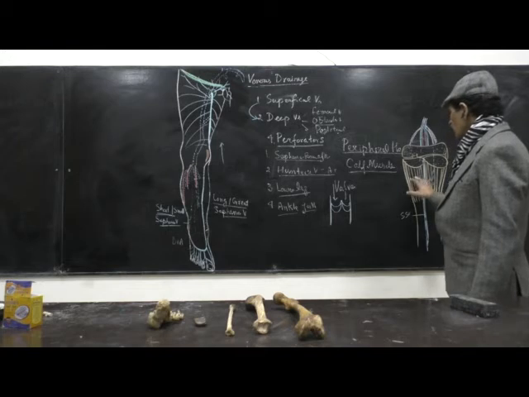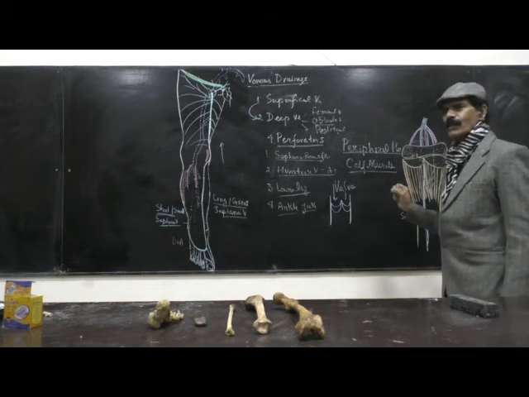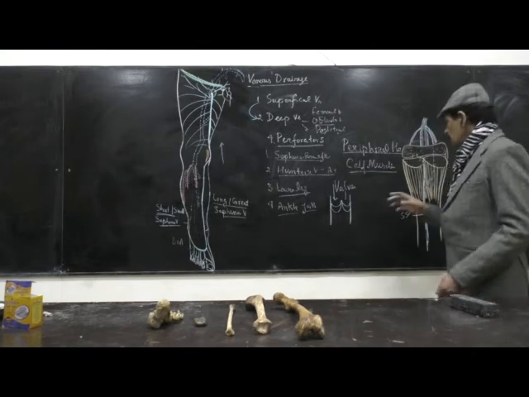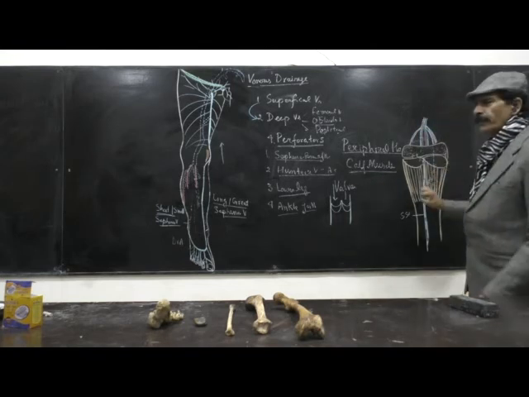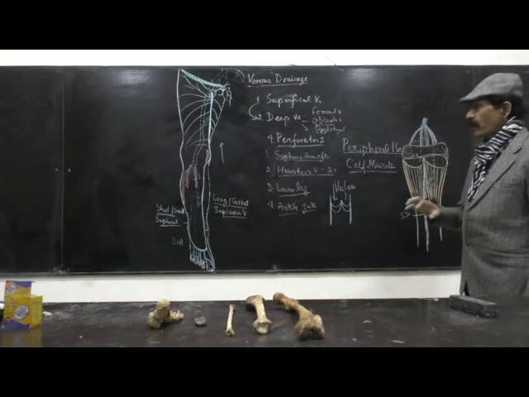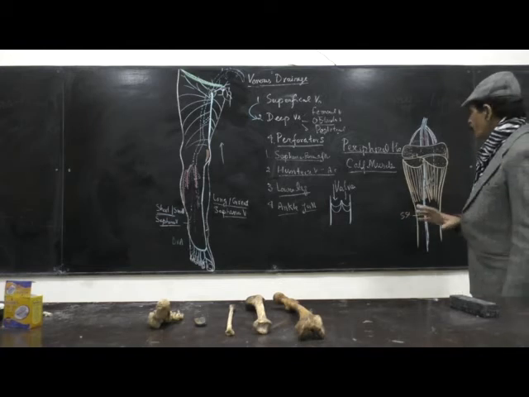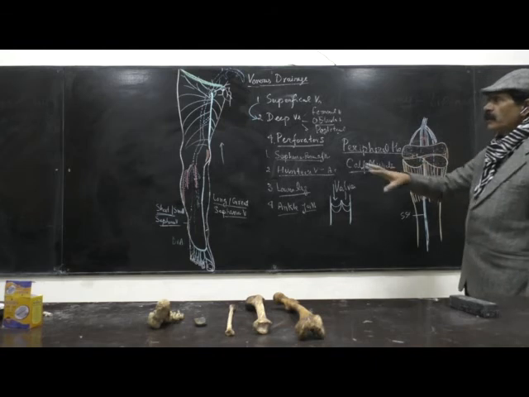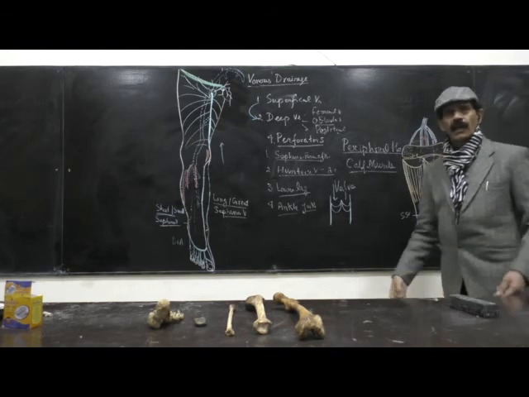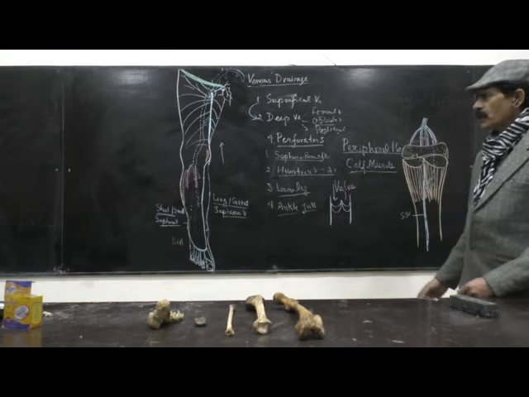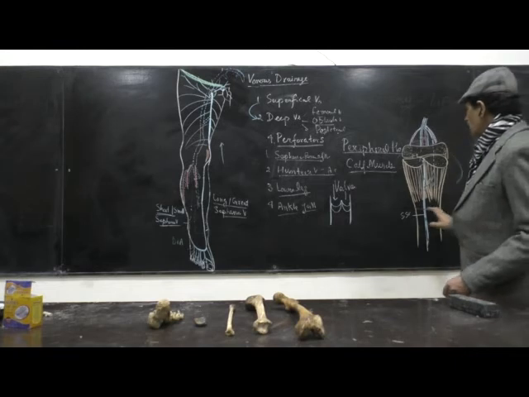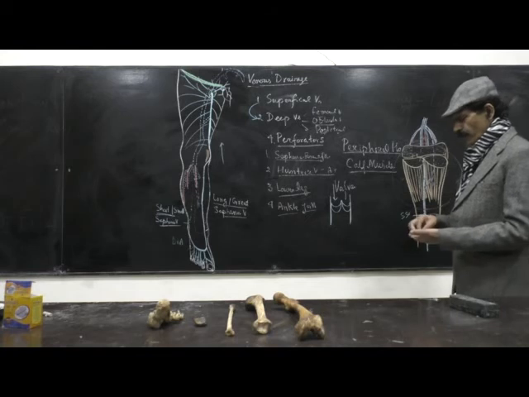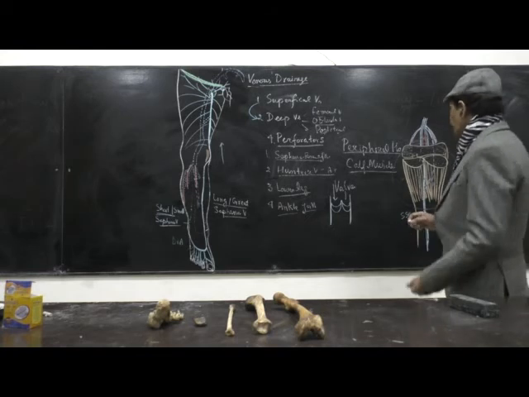So the contraction of the calf muscle during walking presses the perforators, by which the blood is pushed into the deep veins, and then the blood goes up against the gravity. So that's why the calf muscles are called the peripheral heart,